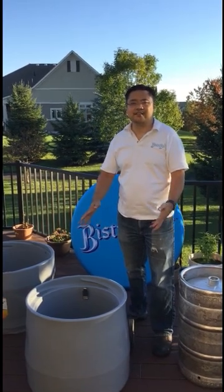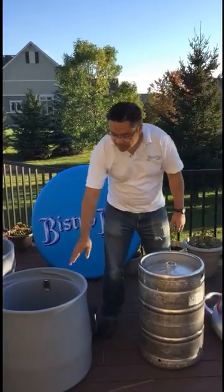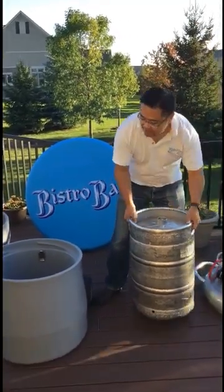Today we're going to talk about assembling the Bistro Bar with a full-size keg. So you've got your bottom by itself, all the components are taken off. You put 2 to 3 inches of ice in, right? And you take your keg, you put it inside,